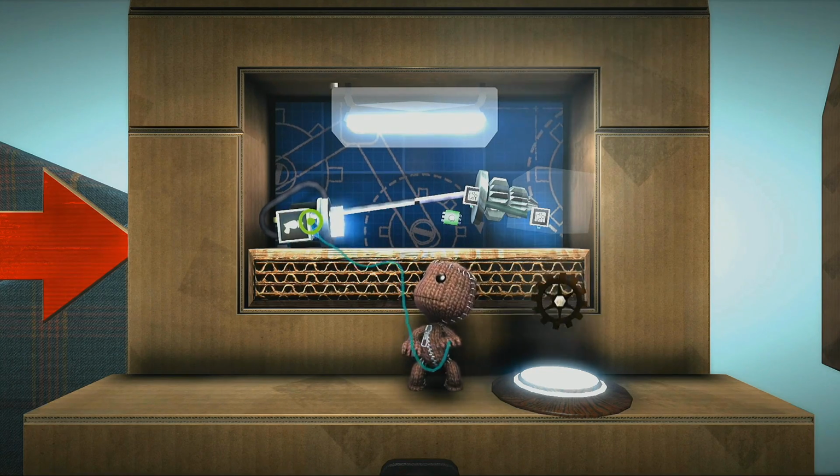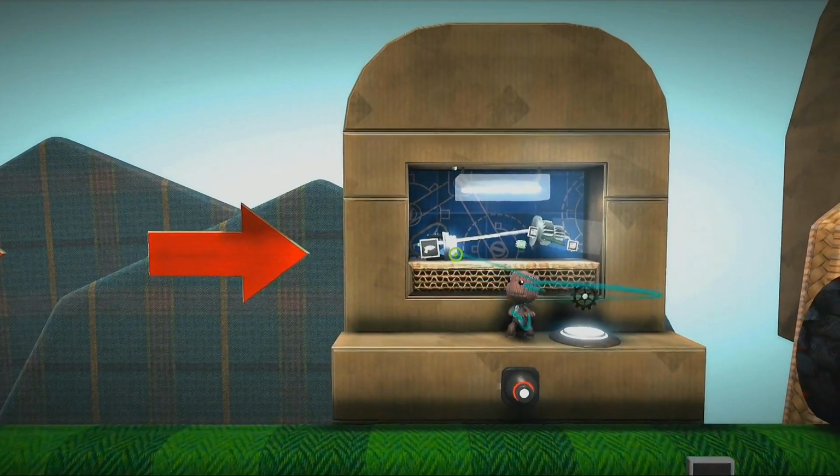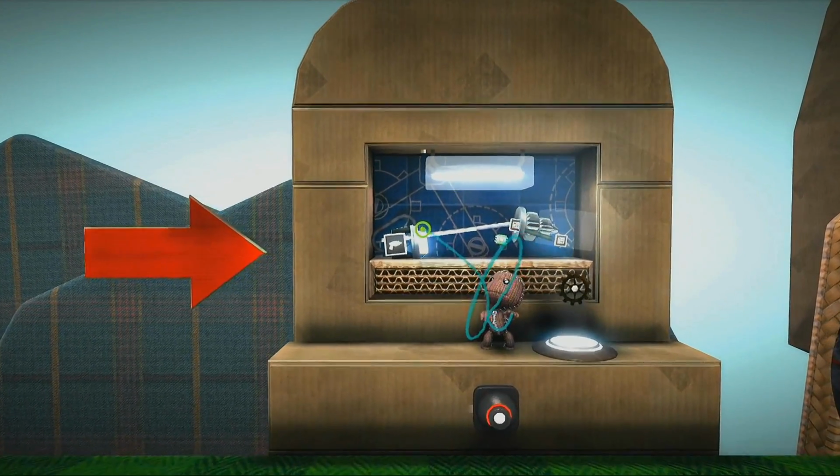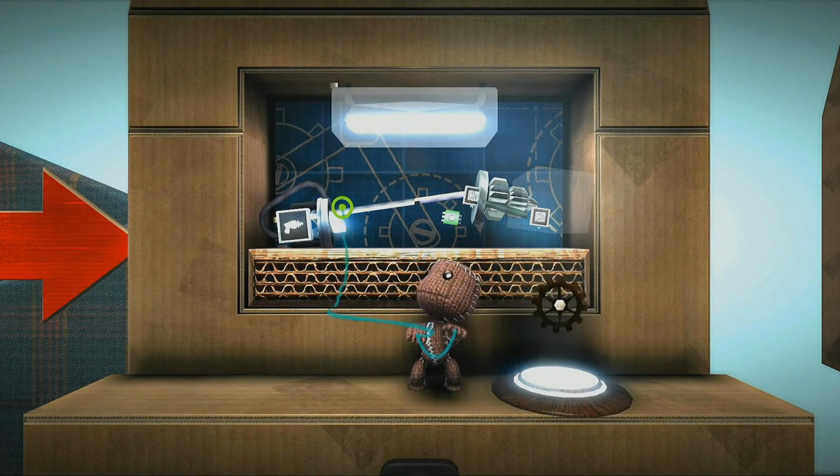Yep. So the way you do it is that you add this little logic bit called the blaster handle. You can place it on anything, on this, that, whatever. And that essentially says this is going to be a power-up that I can put in Sackboy's hand. And then,